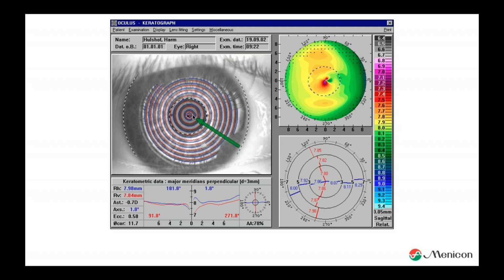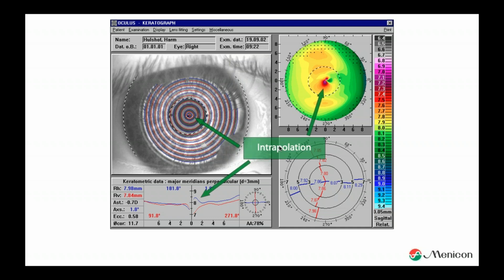We paid such an amount of money for the topographer that we want to see behind the device what is actually happening. So there is a camera there as well. So in the center area, the topographer is actually not measuring something. It is just completely blank. So it is interpolating.